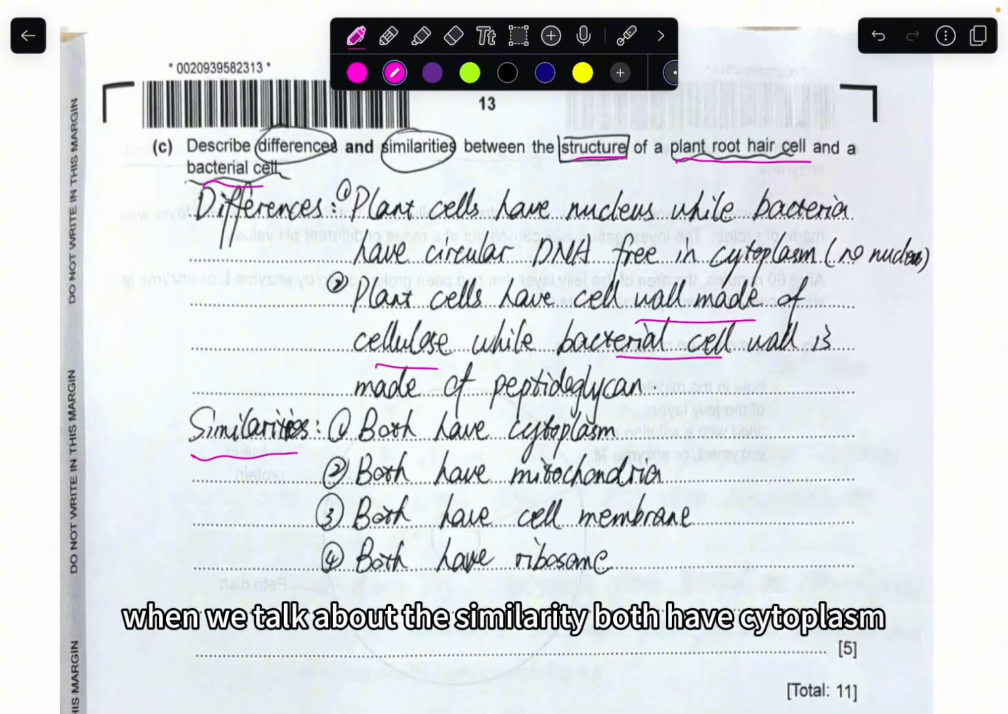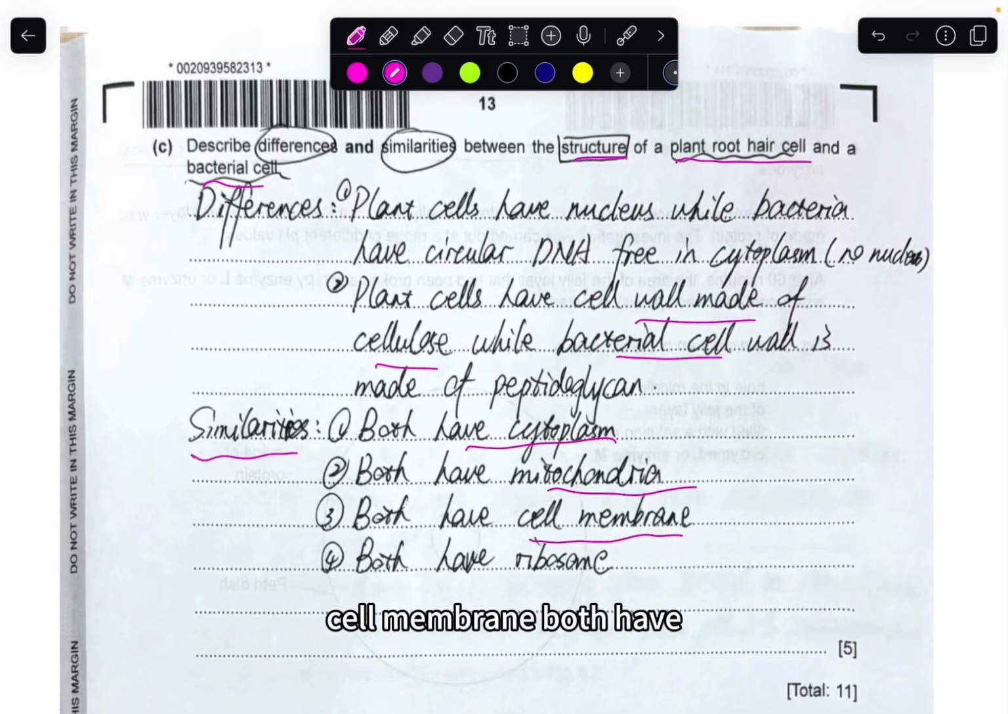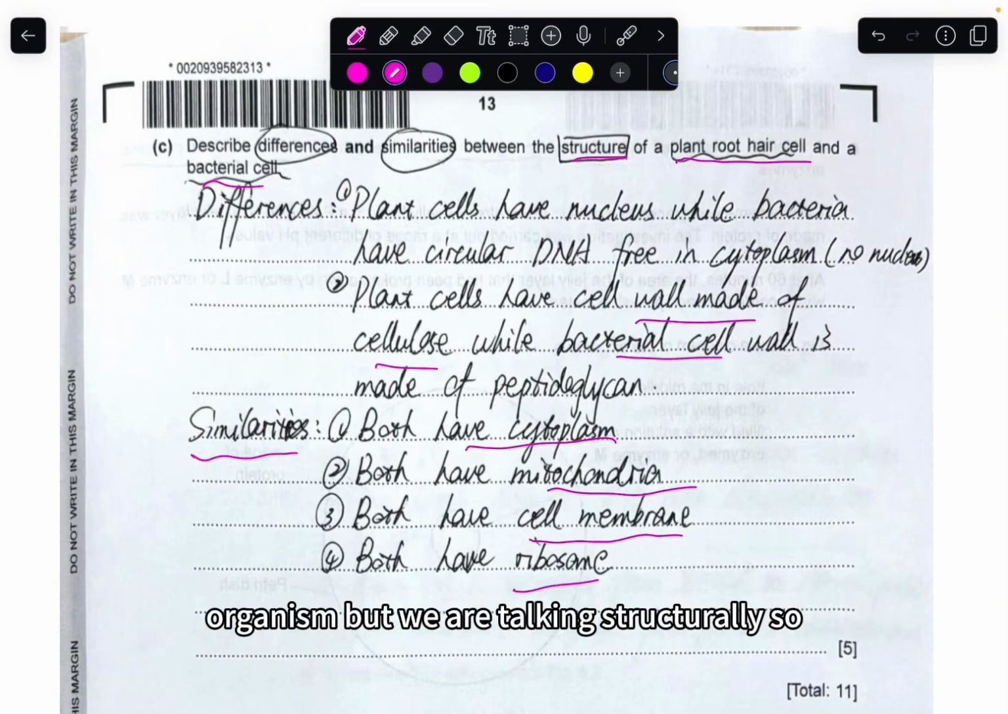When we talk about the similarities, both have cytoplasm, both have mitochondria, both have the cell membrane, both have ribosomes, both are living organisms. But we are talking structurally, so